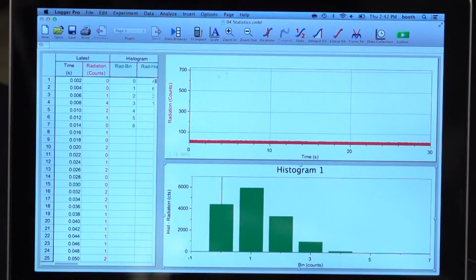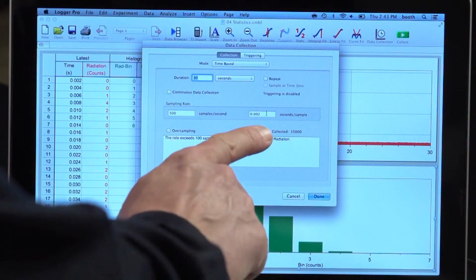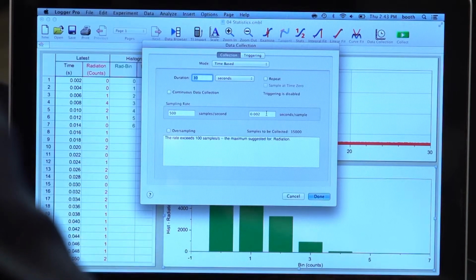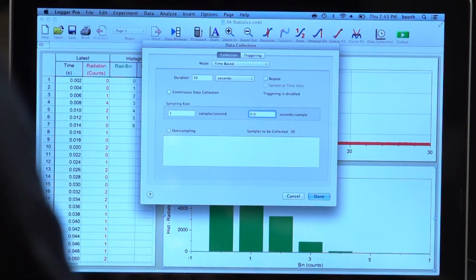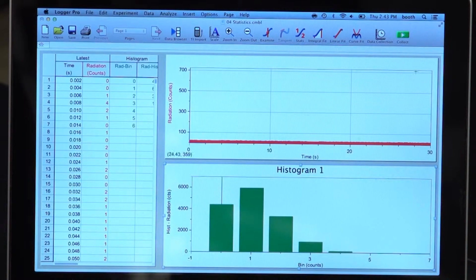Now, I can change my count interval so that the number of counts during one interval is instead about 15 or 20. And if I do that, the counting statistics will be described well by Gaussian statistics. So I'm going to go in and change my count interval. You can see here that it had been set down to about 2 milliseconds. I'm going to change that to 30 milliseconds. And I'm going to click Done, and I'm going to clear my old data here